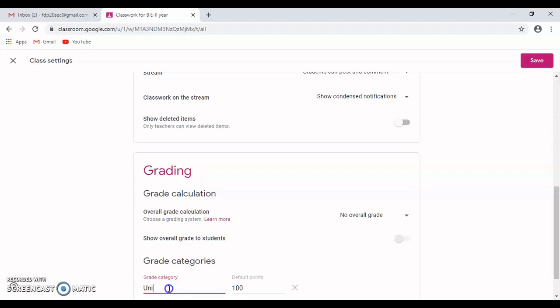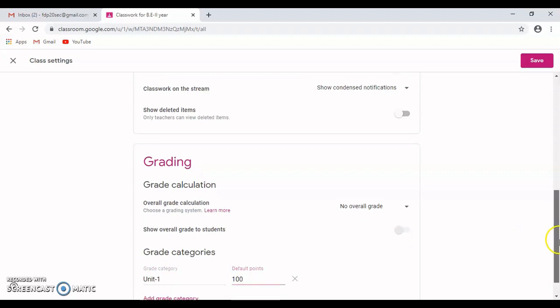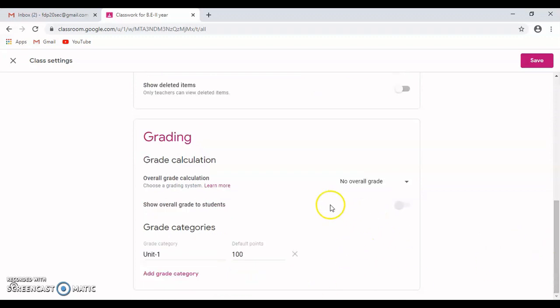I type it as Unit 1. I set the default points as 100 for that. Again, for overall grade calculation, I click on this drop down box. I want it to be displayed as total points.